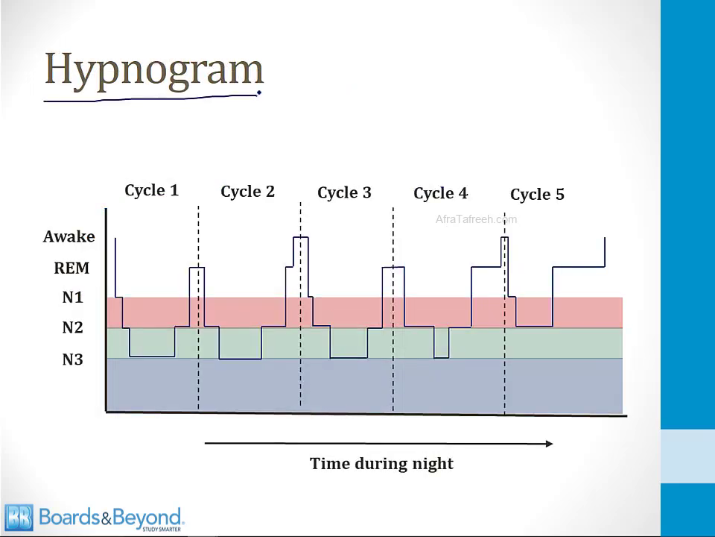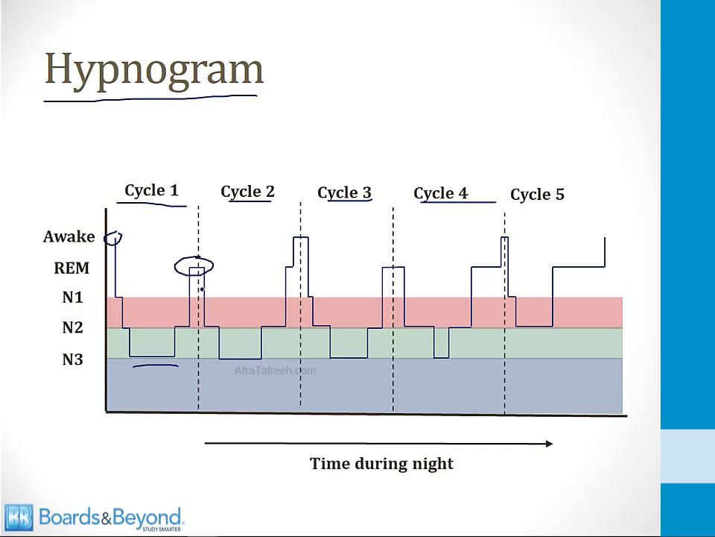So a hypnogram is a graphical representation of the amount of time a person spends in each stage of sleep, and shown on the screen is an example of a normal hypnogram. As you can see, during the course of the night, a person goes through multiple cycles, and each cycle is about 90 minutes of time. So let's look at the first cycle. The person starts off in the awake stage, obviously, and then spends a little bit of time in N1, N2,